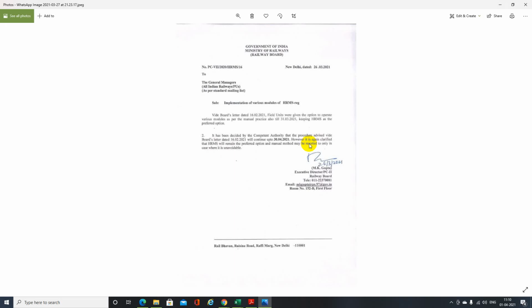So as far as possible, try to log in on the HRMS platform and issue all the passes and all the modules like HRMS settlement, pass, loan, etc. Thank you.